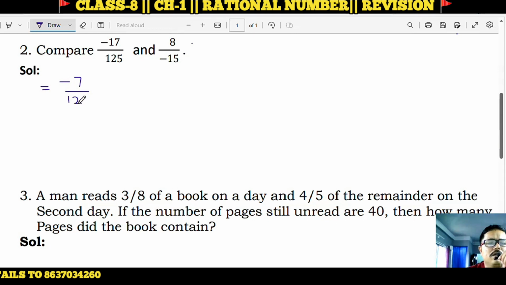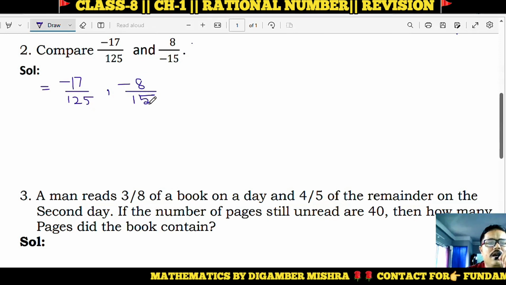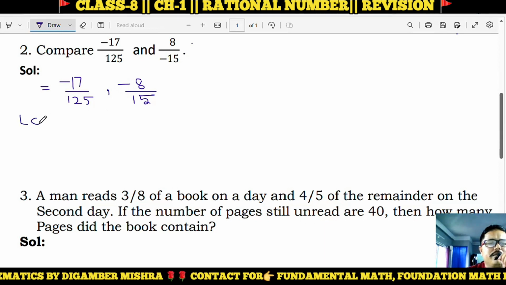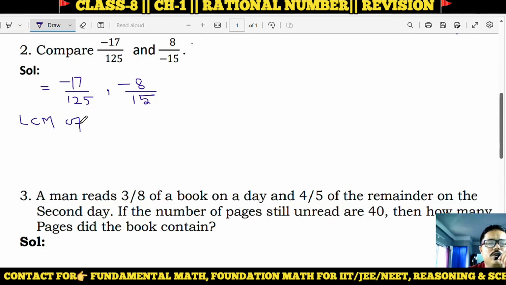अगर रिड्यूस होगा तो रिड्यूस करना पड़ेगा नंबर को, और अगर नहीं होगा तो नेगेटिव साइन हमें देखना है कि डिनोमिनेटर के साथ ना हो. तो 8 अपॉन माइनस 15 को we will write minus 8 upon 15. After this we will convert them into such rational numbers whose denominators will be the same.